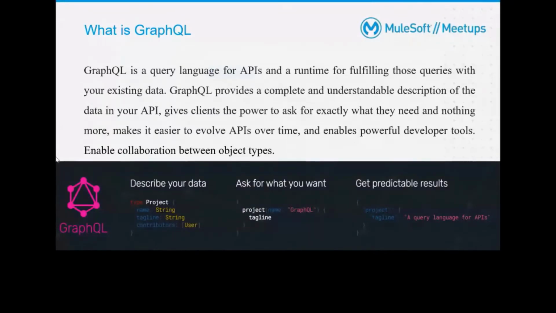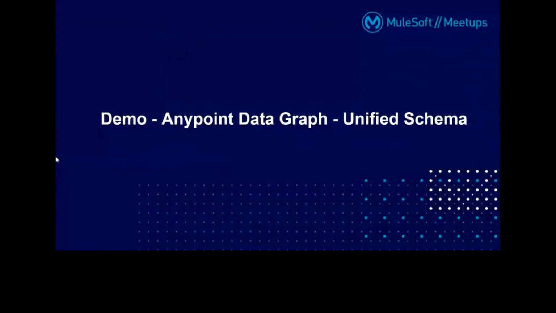One thing is, Anypoint Data Graph currently can access only the GET methods, because we are going to query the data. We are not posting any data, right? That's why we can't post anything. So we should still use API-led connectivity if we have a requirement of posting something, but for querying, you can get the data only using this data graph.